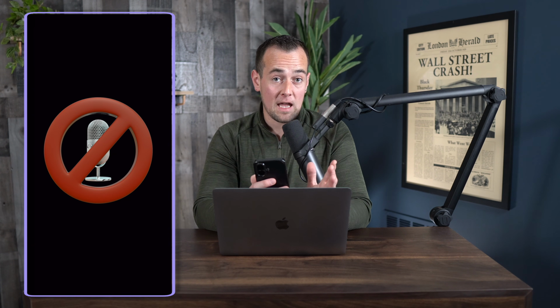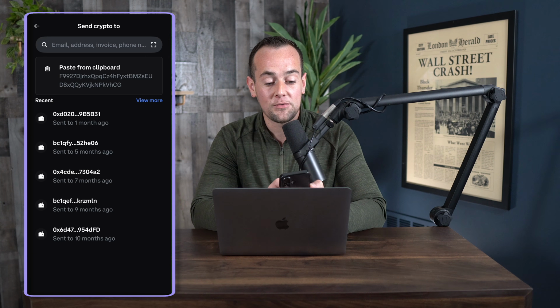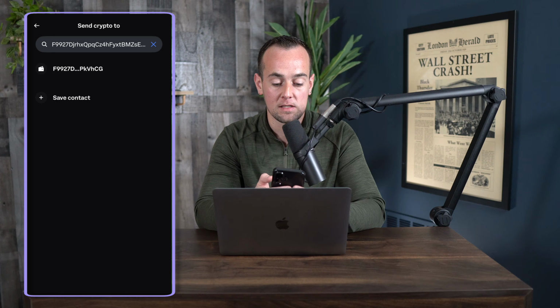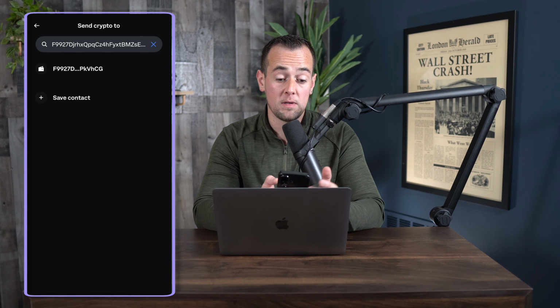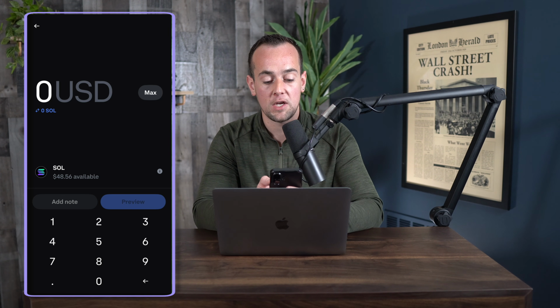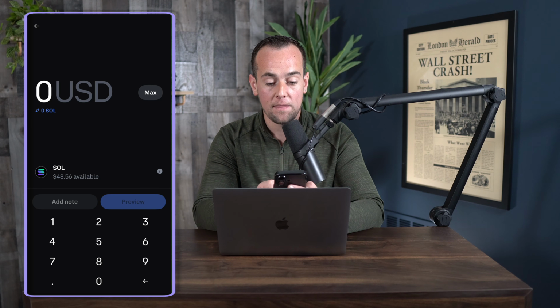And same as before, I have to cancel the screen recording briefly here because of security reasons, but we have the option here to choose what was pasted from the clipboard, so we're going to click on that just below the search bar, and then we can go ahead and select the address that is listed below that, which is going to be exactly what we copied over. At this point, we can choose the amount we want to send over, so I'm going to click here on the max button, and then I'm going to click on